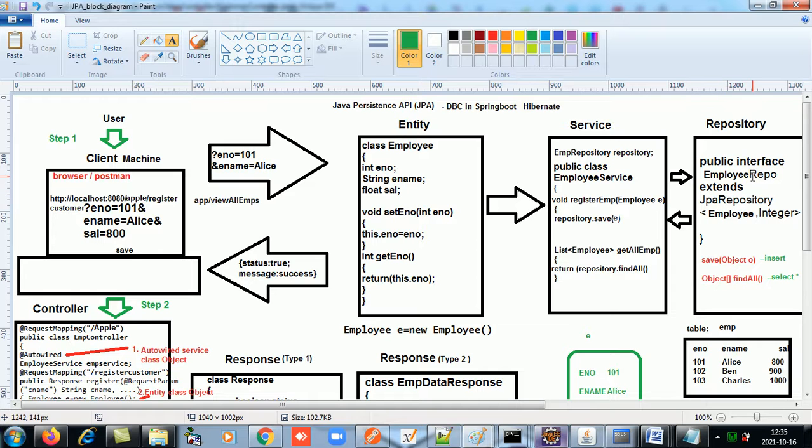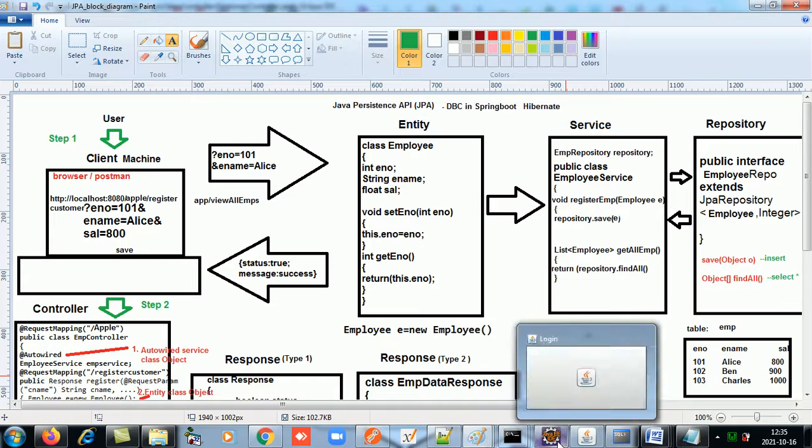As my interface employee repository is extending JPA repository, all these methods, save, find all, come into my interface also. This is the job of repository, nothing else. No coding in this, just simple.